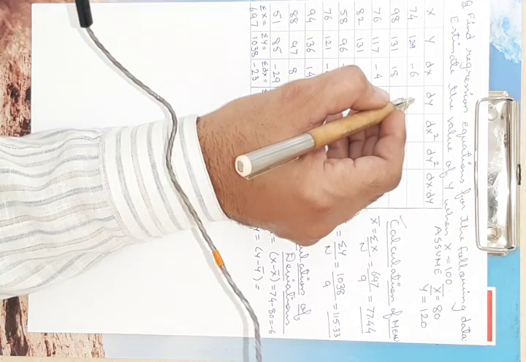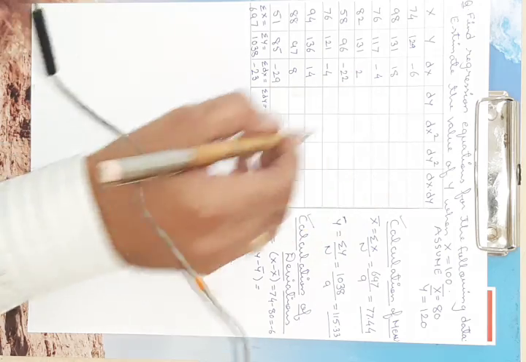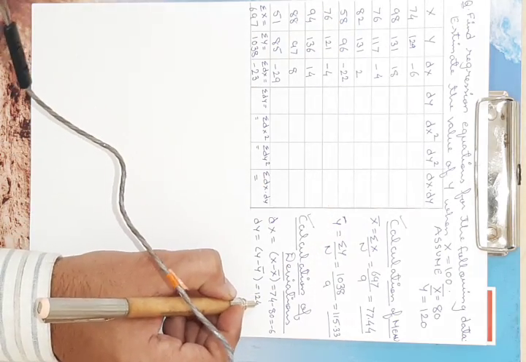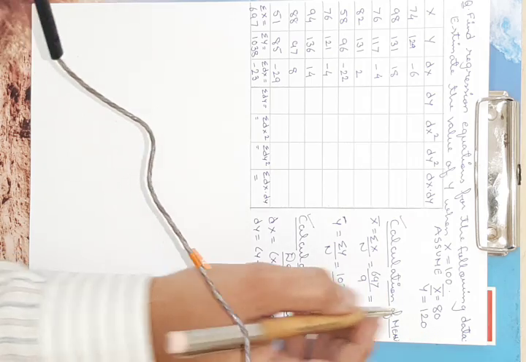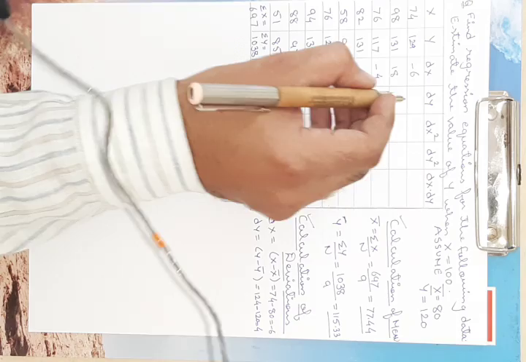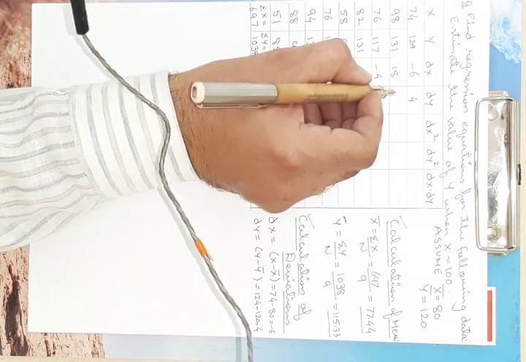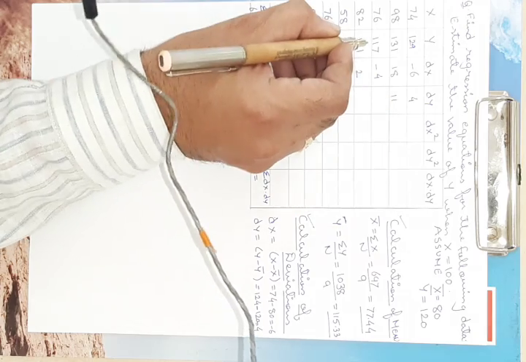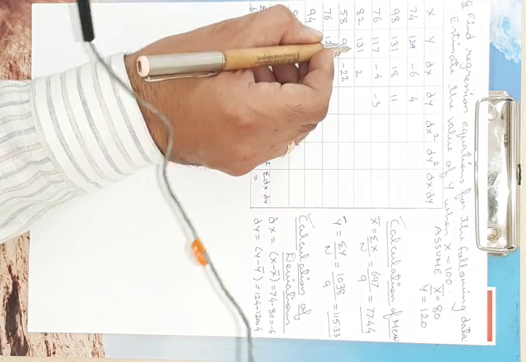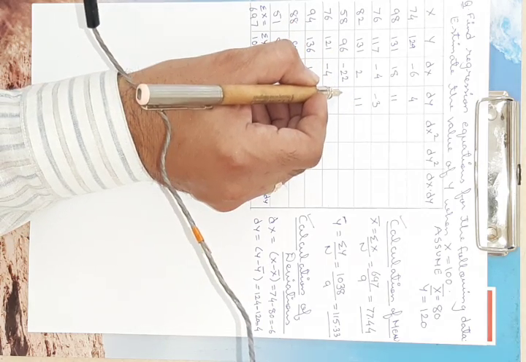Next we need to find the deviation of y from the mean, that is y bar. So the first value is 124. This is 124 minus our mean, that is 120. So the first value comes out to be 4. We will write down the first value as 4 here. 131 minus 120, this is 11. 107 minus 120, this is minus 3. 131 minus 120, this is again 11. 96 minus 120, this comes out to be minus 24.